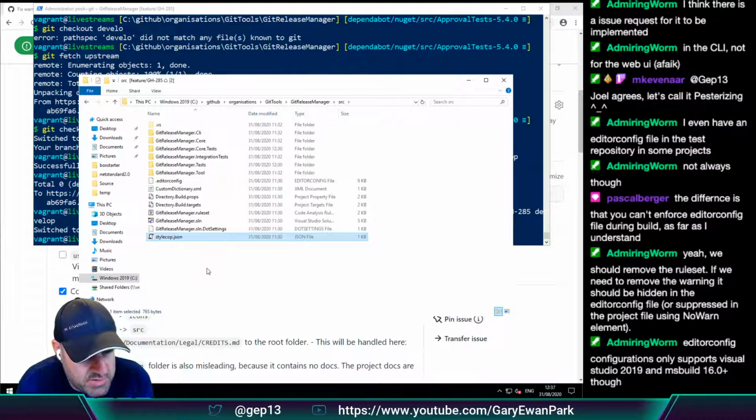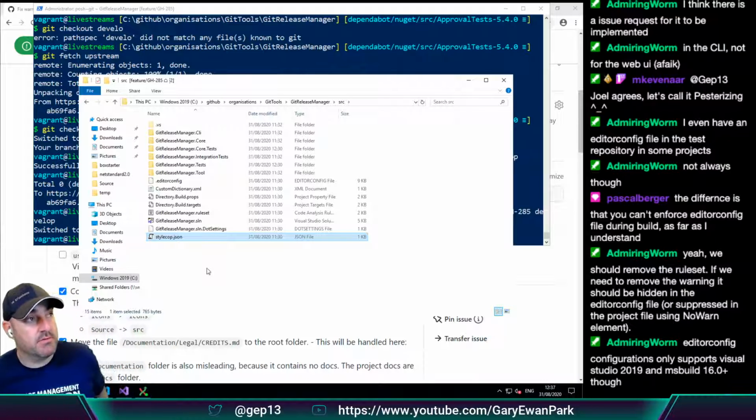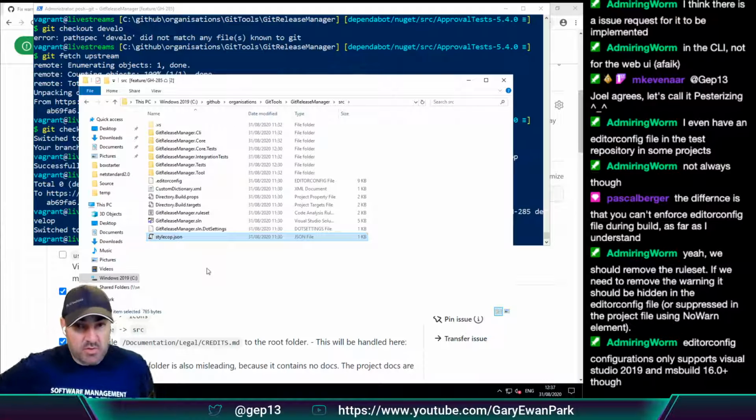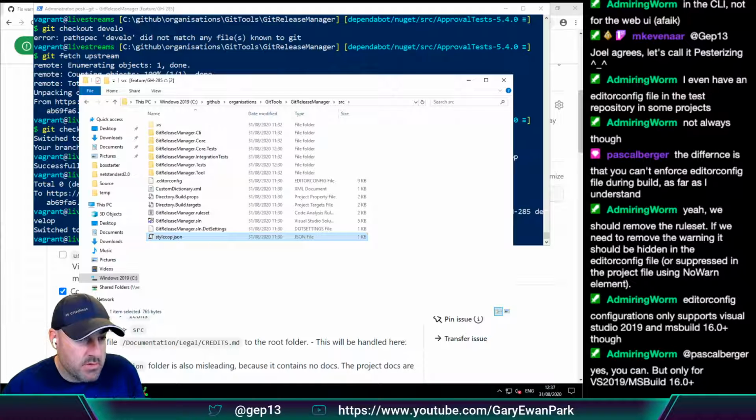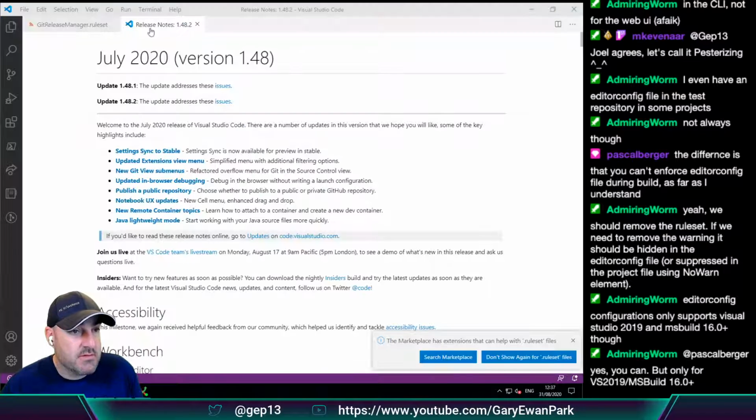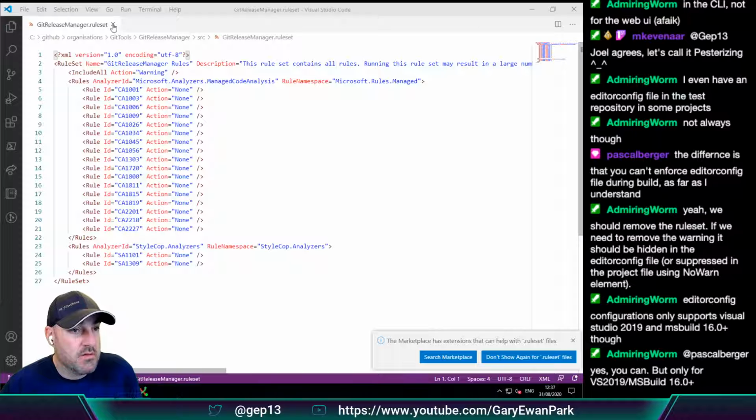EditorConfig file compression only support Visual Studio. I think that's okay though. So I mean, we're in 2020, so 2019 is not too far removed, and I think we're already on. Have we not already defined that as well?